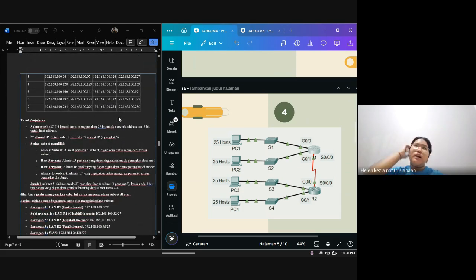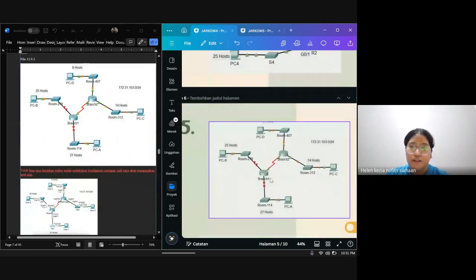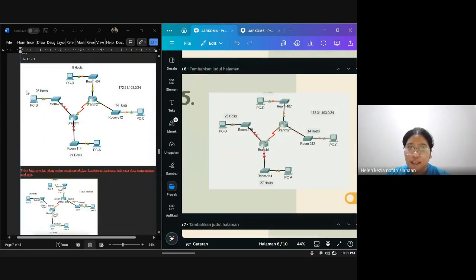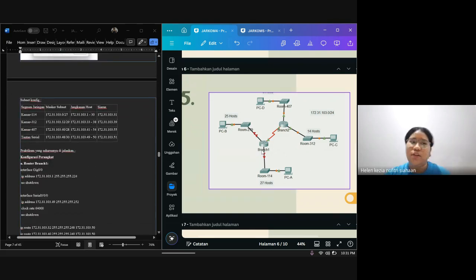Long story short, it talks about how you can connect R1 and R2 with the table in here, but we're doing the subnets and searching for the subnets to make sure it doesn't have any trouble when we're using the ping. Yeah, like that. Then for the fifth, it's still the same. I can do the configuration, so I'm just doing the exercise. In here it will be done with the config subnet.